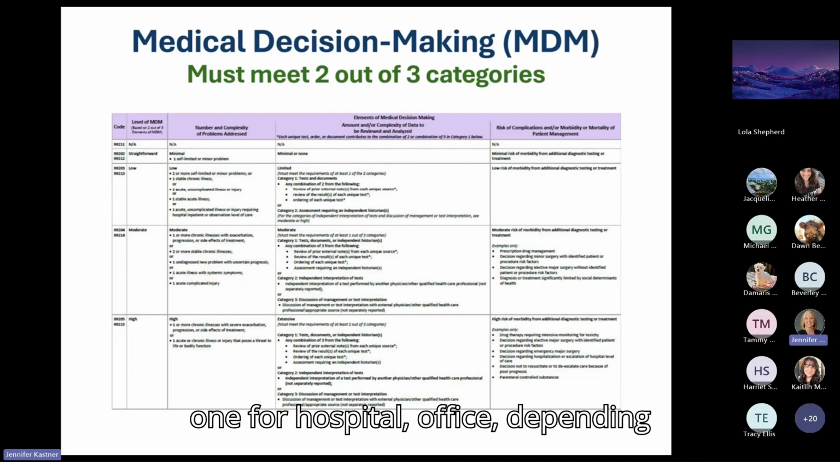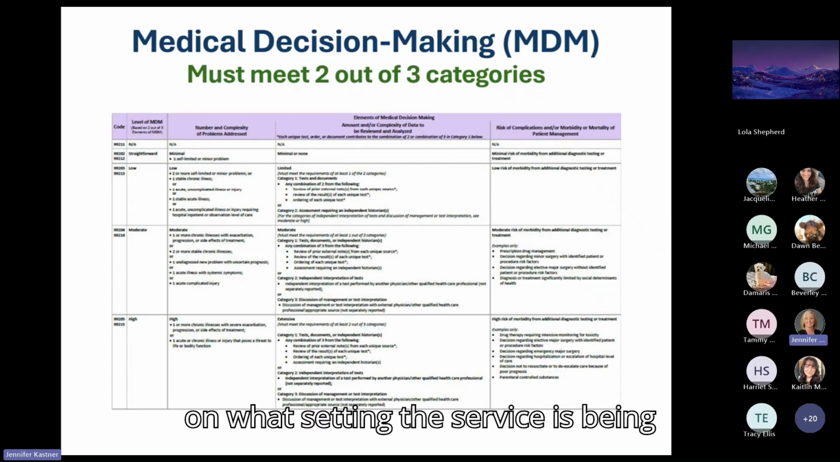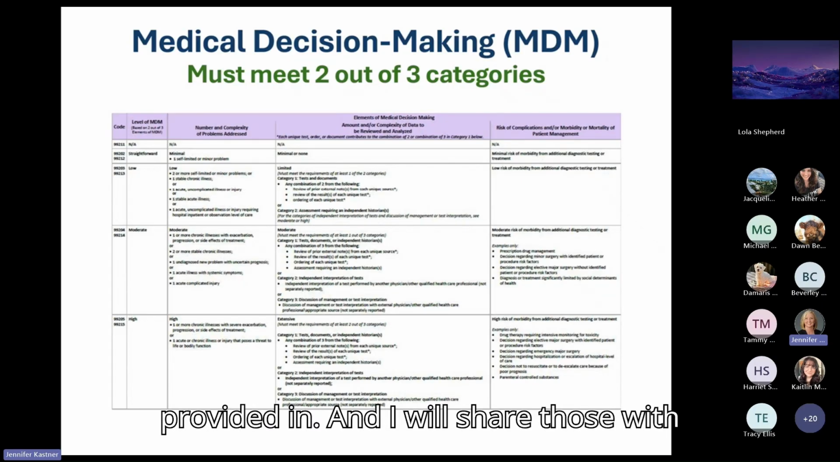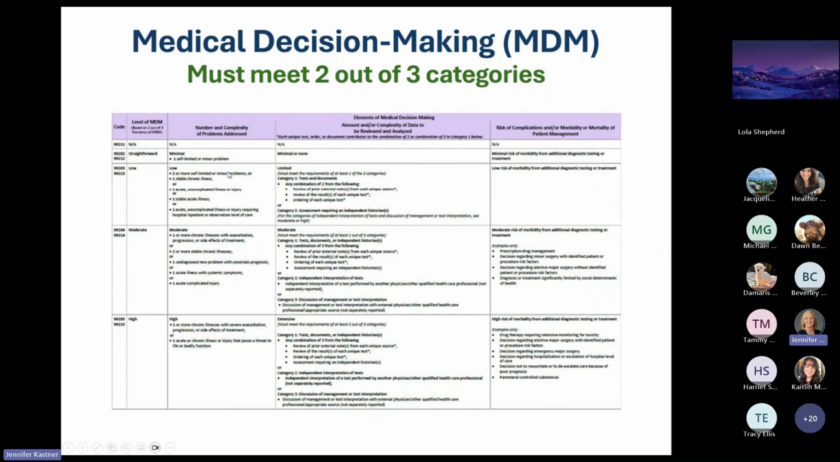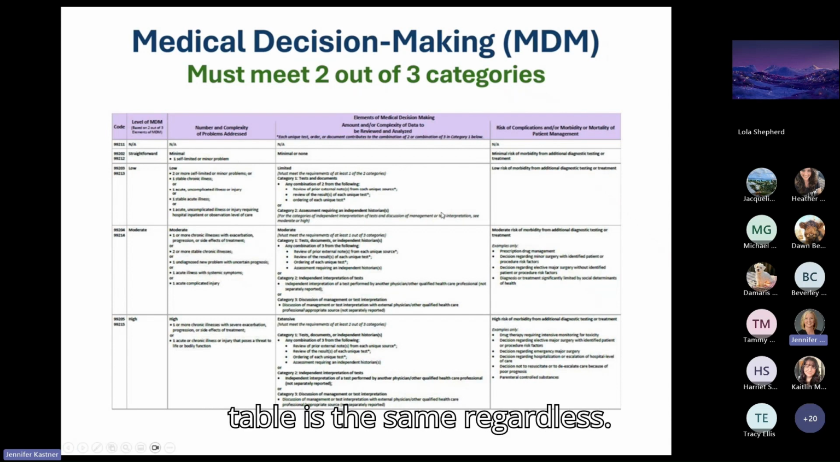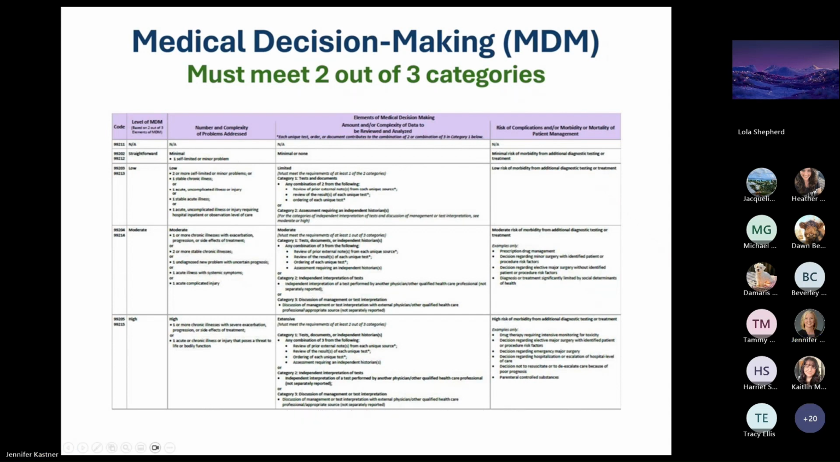I have one for hospital, office, ER, depending on what setting the service is being provided in, and I will share those with you following today's session. But again, when it comes down to it, the actual table is the same regardless. So as I mentioned, I customized this. I added the codes,